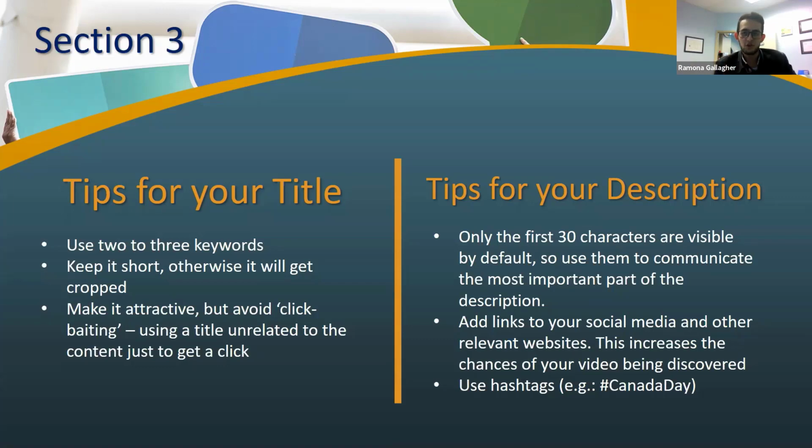And you want to keep it short, otherwise it's gonna get cropped. So try to be as specific as you can in the least amount of words, and always try to be really interesting. So you want your viewers to see the title and be prompted to click into